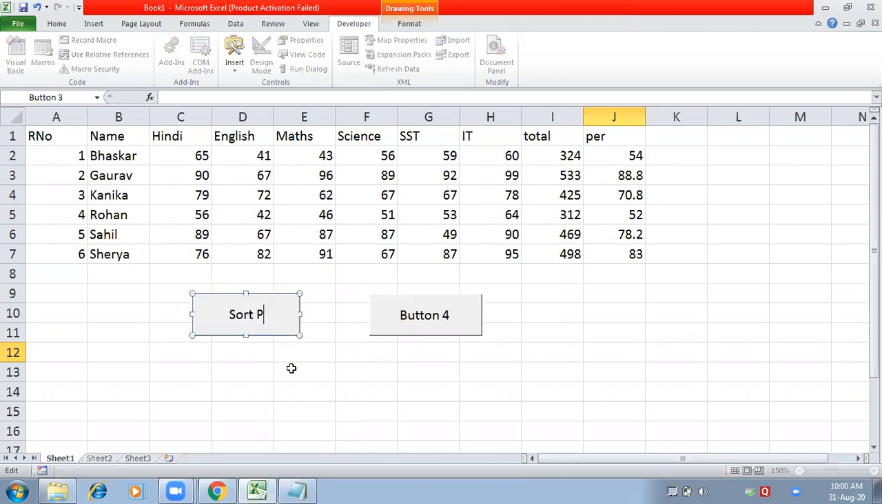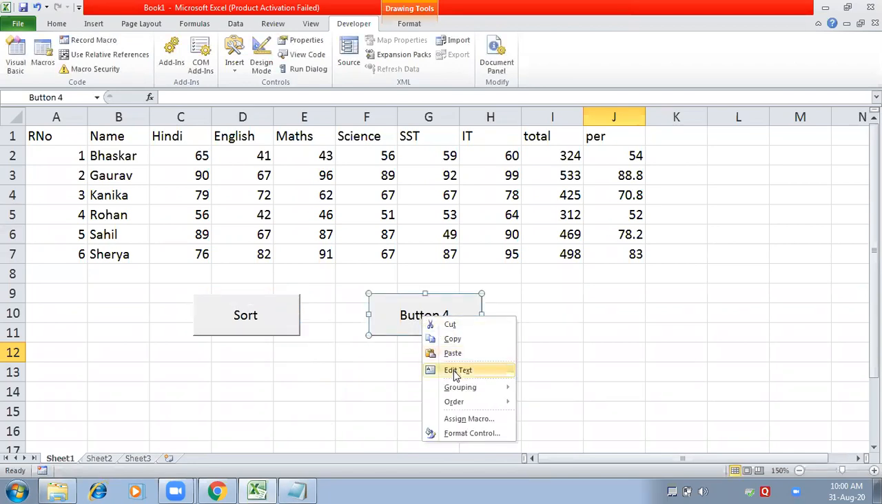Sort. Percentage wise, and sorting name wise. No, percentage wise. We have created the macro for percentage wise only. But my filtering is for percentage wise. No, both were percentage wise. Let us check. And here I'm going to apply